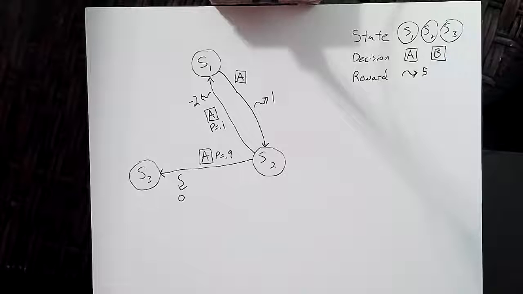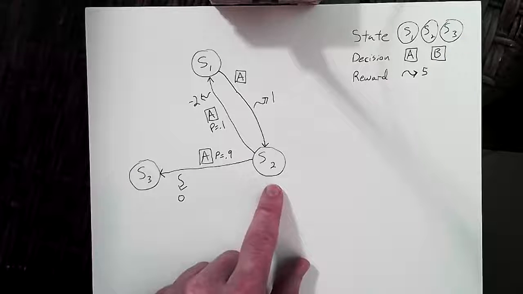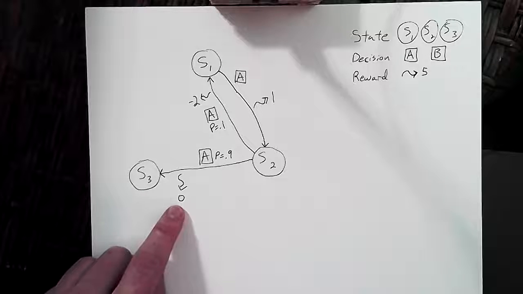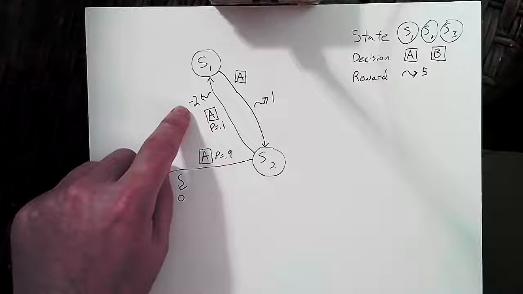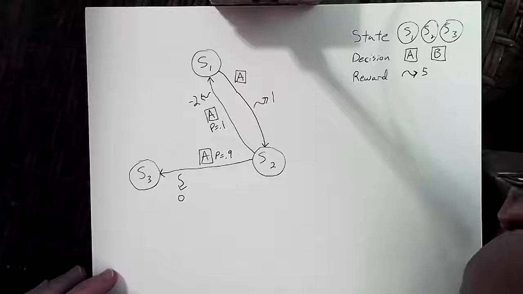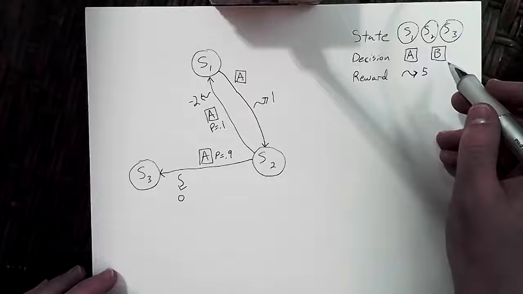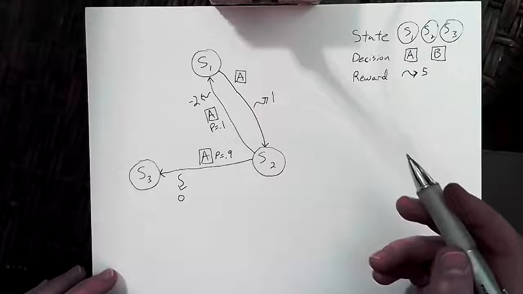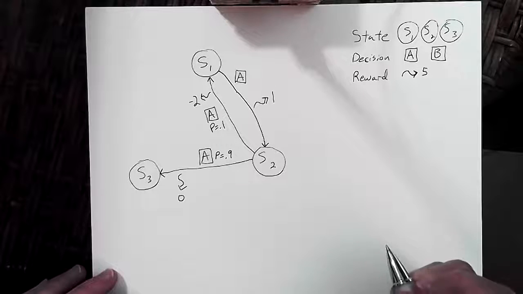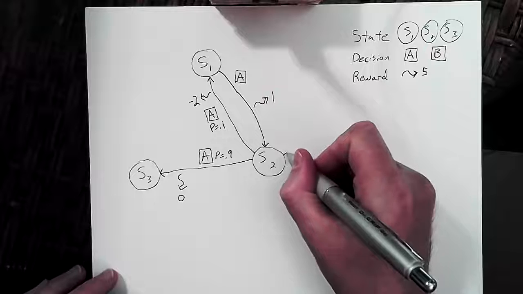Now that makes things a lot more complicated, because when you get into state 2, you clearly are going to want to move along. This doesn't cost you anything, but you take a risk of a -2. But it's only a 0.1 risk, and you can kind of do the math pretty easily. This would still be worth it if you can now get out of state 3. And then we could go in and make things even a little bit more complicated, and have multiple options here. Maybe I also have decision B out of state 2.